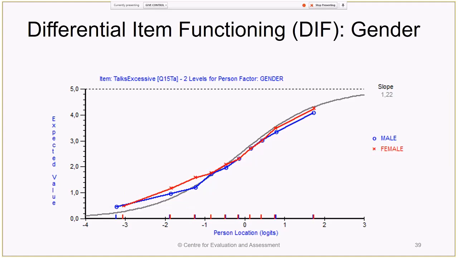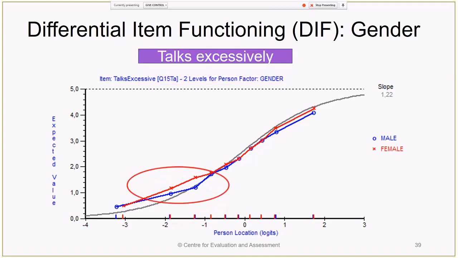So this item asked, does the child talk excessively? And teachers are far more likely to endorse this item, to agree with this item, if they're rating a girl versus rating a boy. But to such a degree that the item now functions significantly differently for girl children than for boy children. So that's one of the things that's creating noise in our data, one of the things that's giving us that massive standard deviation and is being problematic.